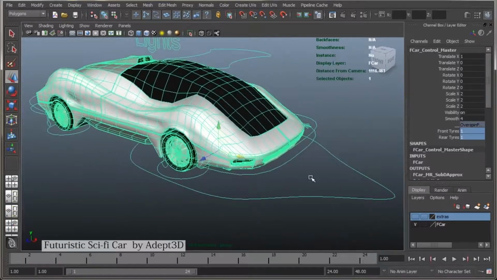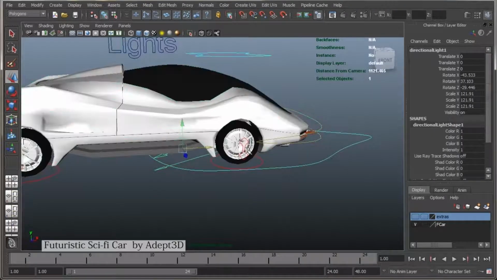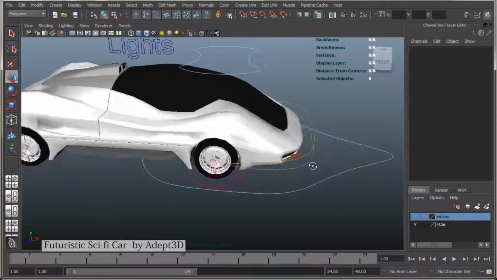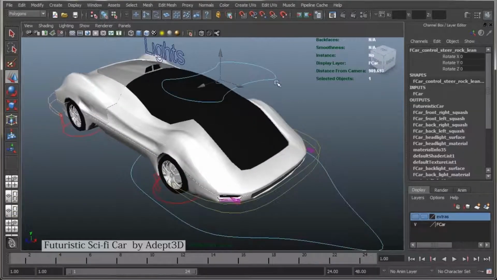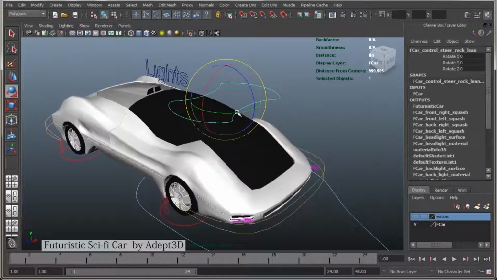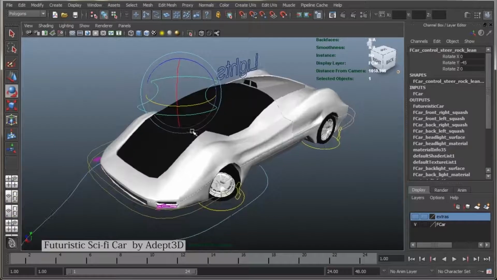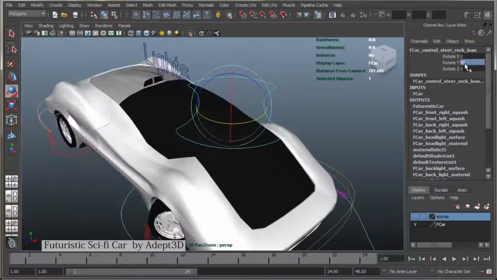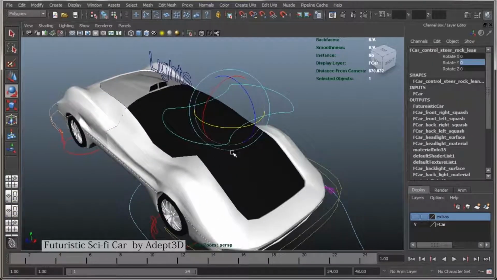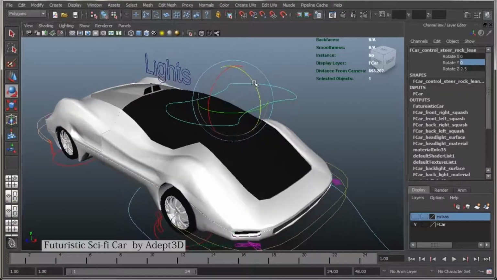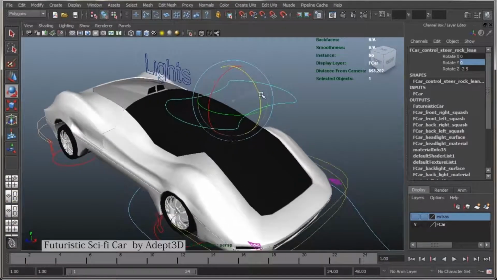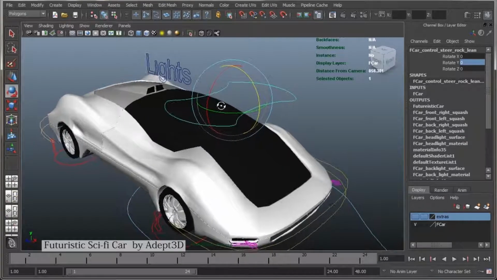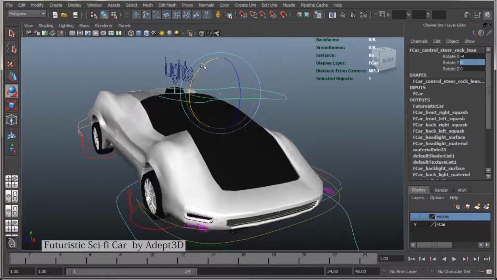Now there are some other controls. I'll just get rid of this directional light. Now here is the steering control for our front wheels, as we can see, and the value is limited to -45 to +45, and I think that is enough for our car. There is also rocking control over the car, and there is also leaning control in the X direction,